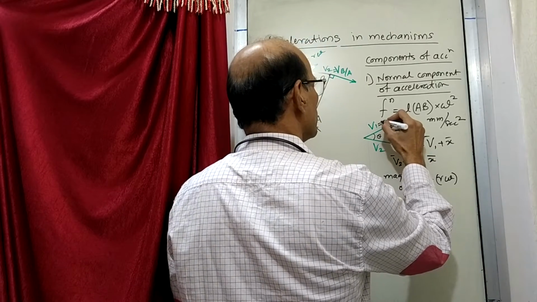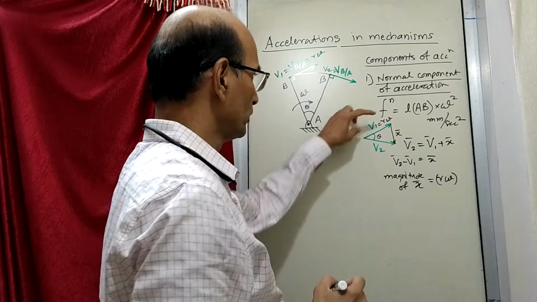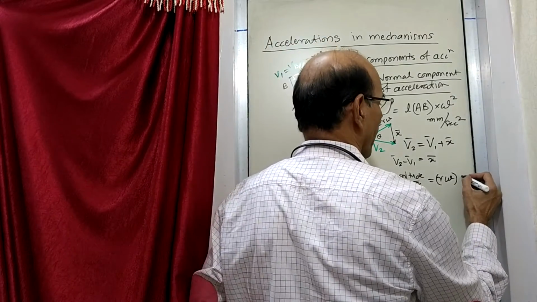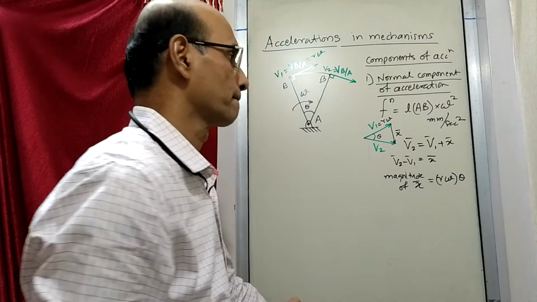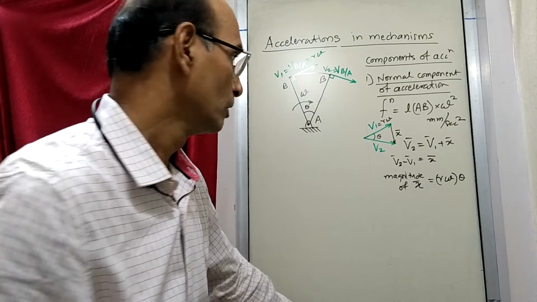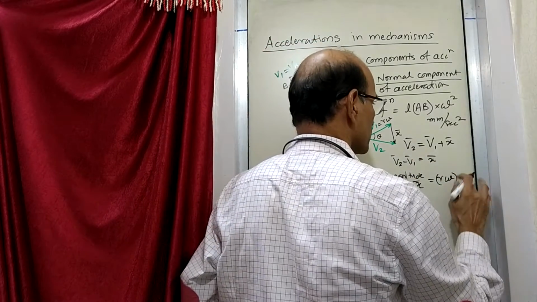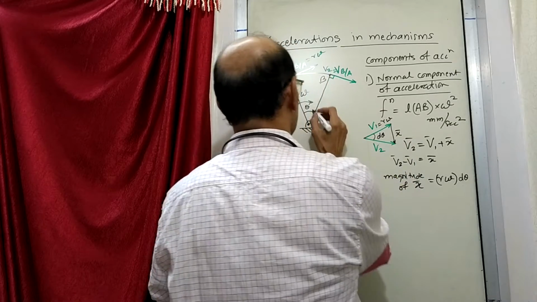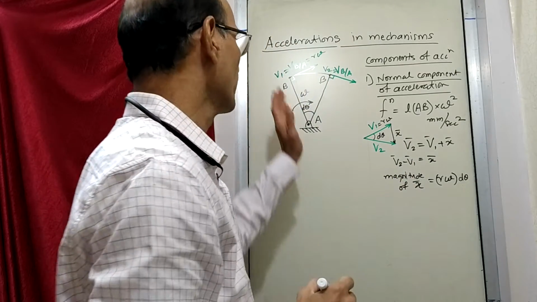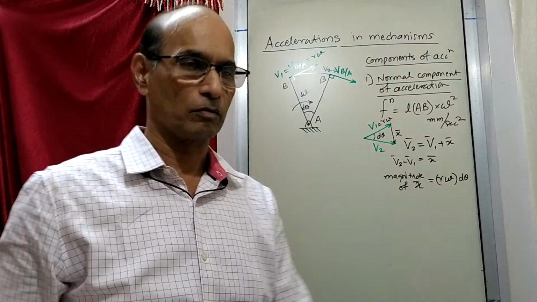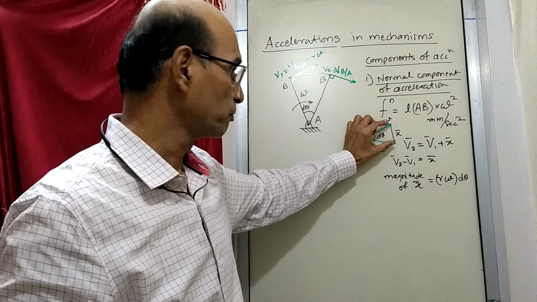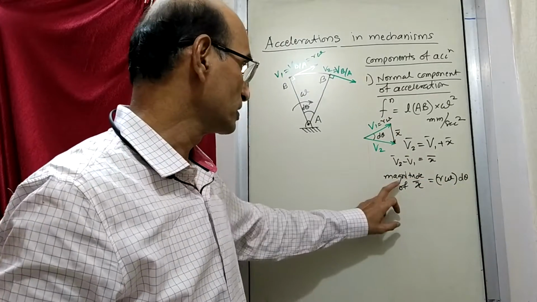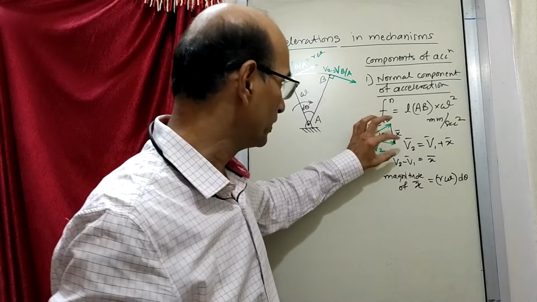We already know that v is equal to r omega. So r omega into the angle, that is theta. We'll call this small theta because we are taking a small angle at a very small interval of time. So the magnitude of this particular line is this into this, where this is in radians. Now this is the magnitude of the difference.